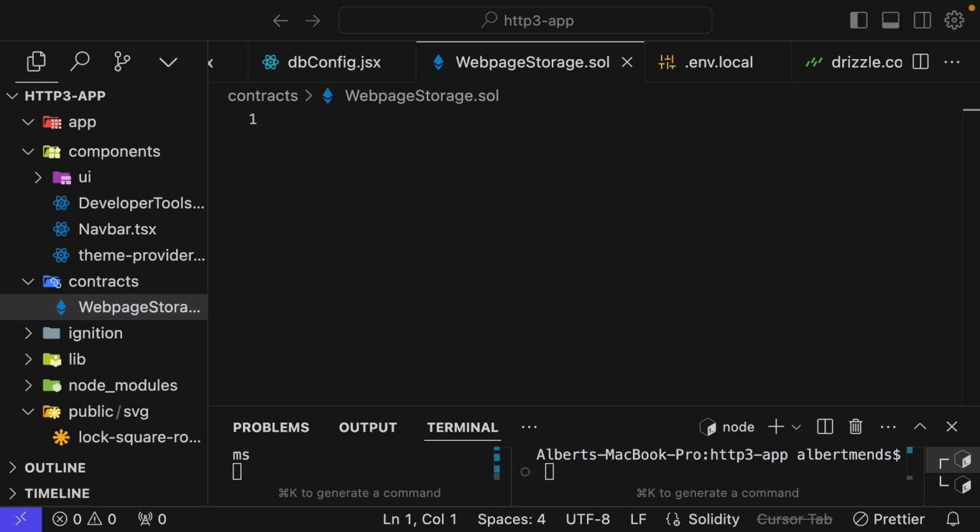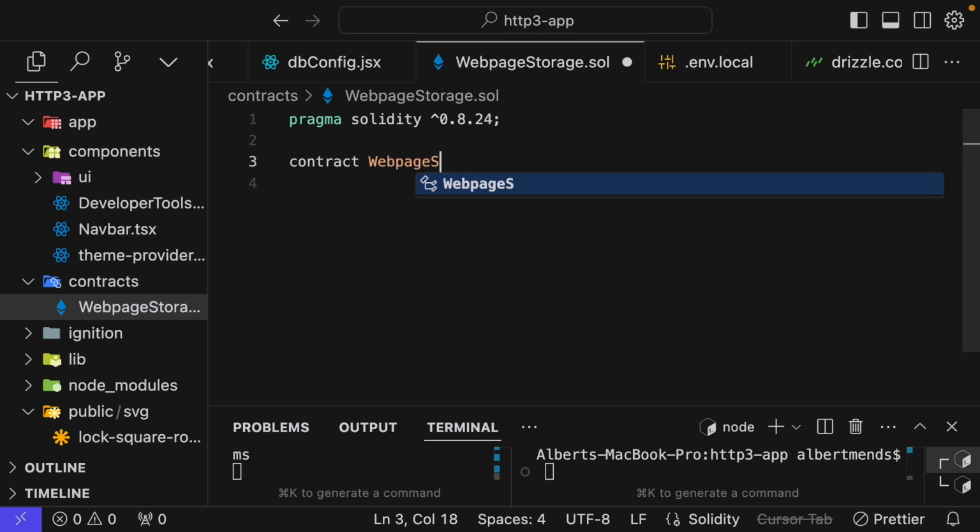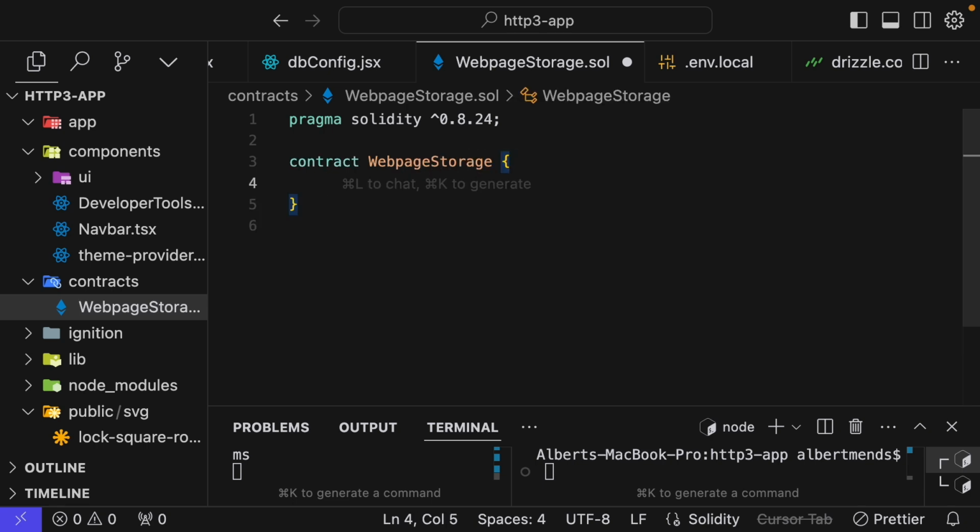So the first thing we have to add is the Solidity version. So we have pragma solidity, and then we add the version. We define our contract by using the keyword contract, literally, WebPageStorage, and that is going to be the name of our smart contract. As in JavaScript, we have objects. In smart contracts, we have a structure. The structure is very similar to an object. So we create the structure for the web page using the struct keyword. So we have the struct WebPage,